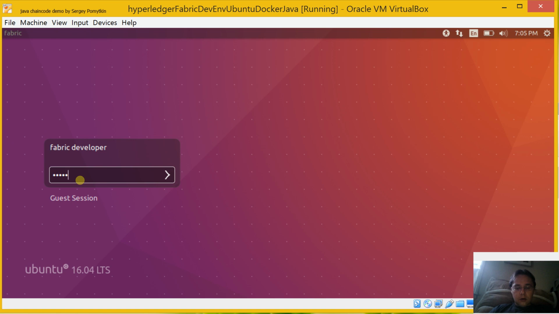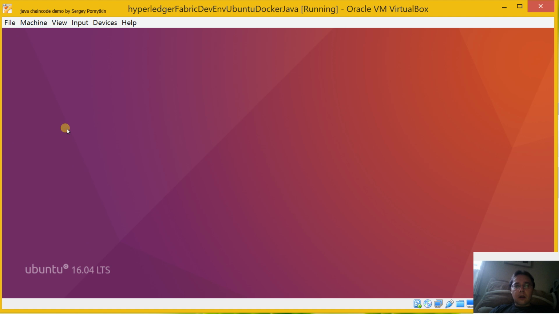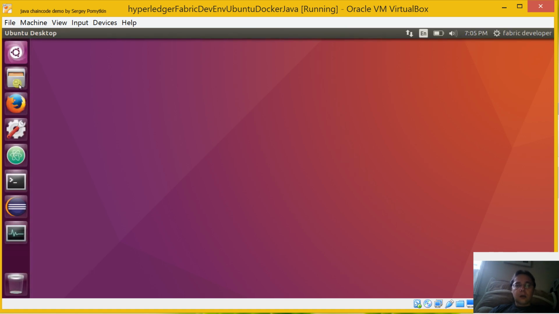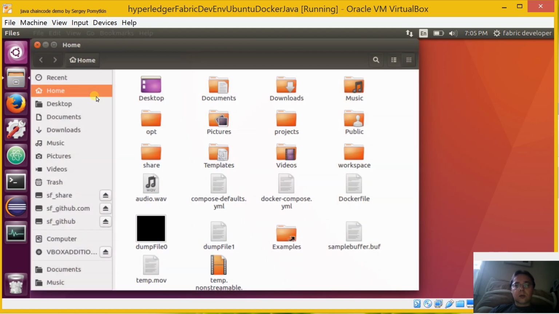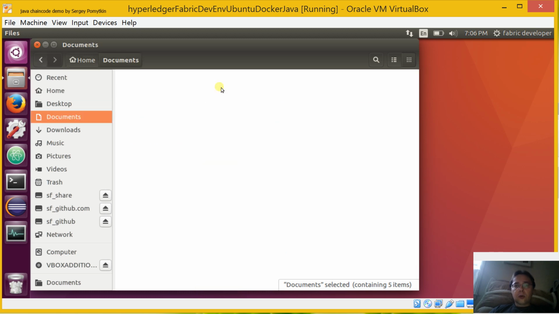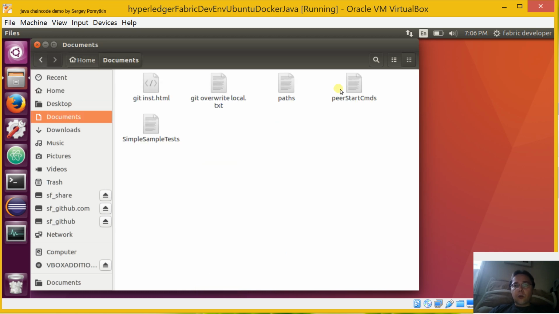So once we log in, we can go to the home folder with documents which have short instructions on how to get into the configuration which allows us to test the Java Chaincode in development mode. So I'm going to the documentation folder and opening the